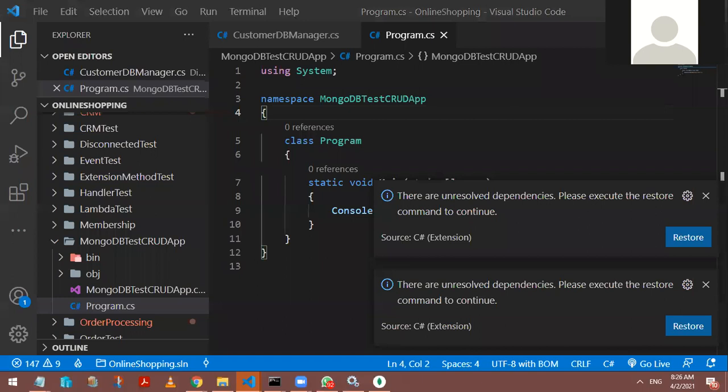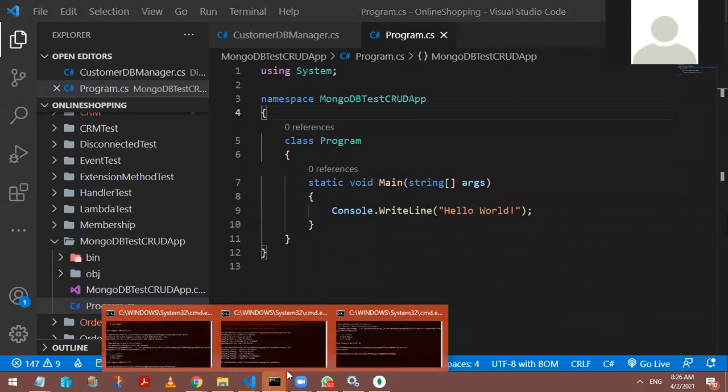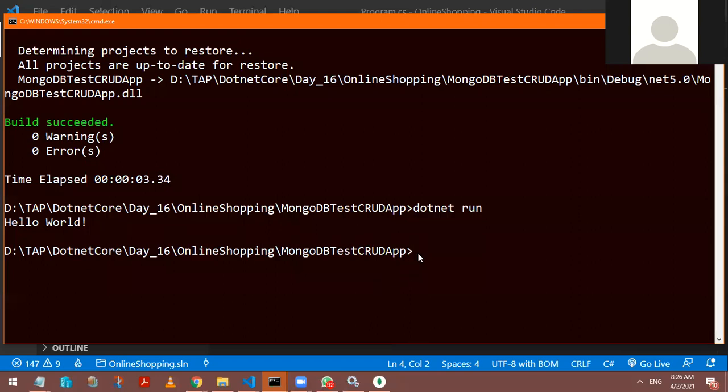Now inside this area, I really want to go back under this application, and I wanted to access MongoDB connectivity. So how do I do it here? I hope you remember, if you are going to depend on some external dependency DLLs, external dependency class libraries, we have to download it. Let me just do one thing.